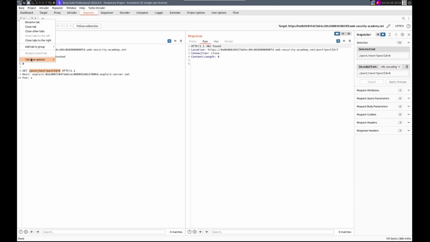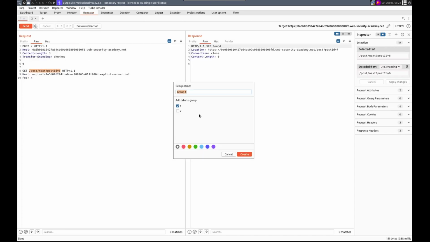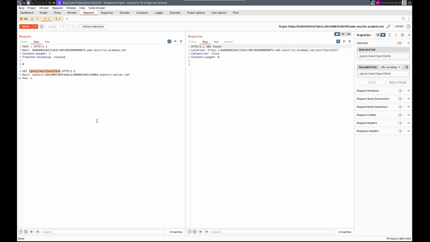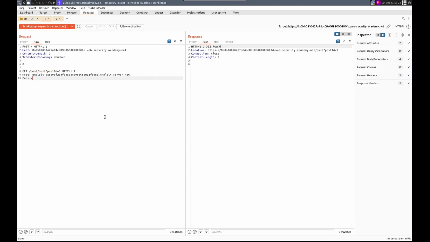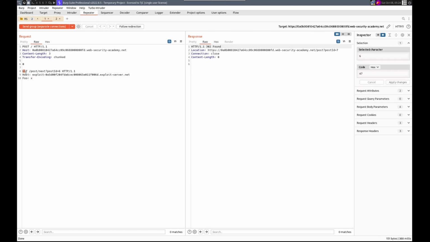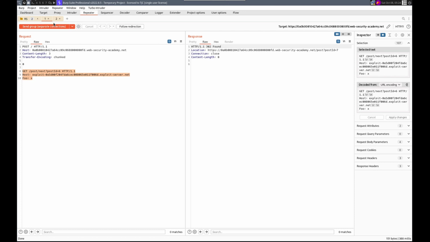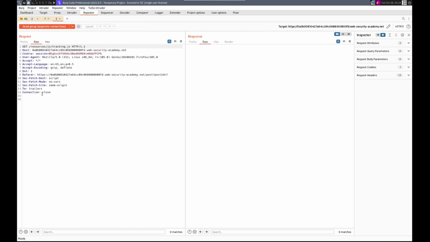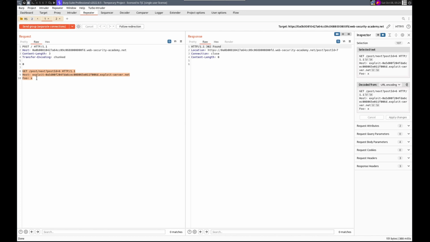All right. So I'm going to add tabbed group RS. Let's do send in sequence. Okay, so we're going to send this one. This is going to smuggle this request to the back end. This request is going to come in next. This GET line is going to attach itself right here,